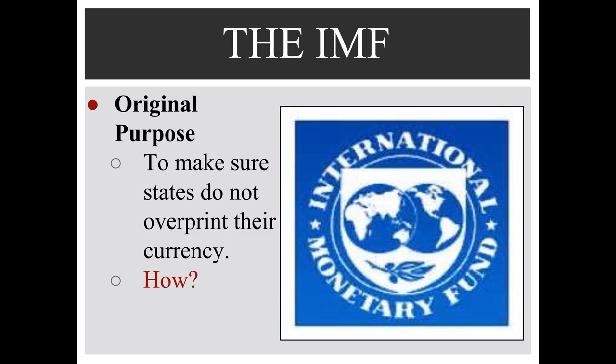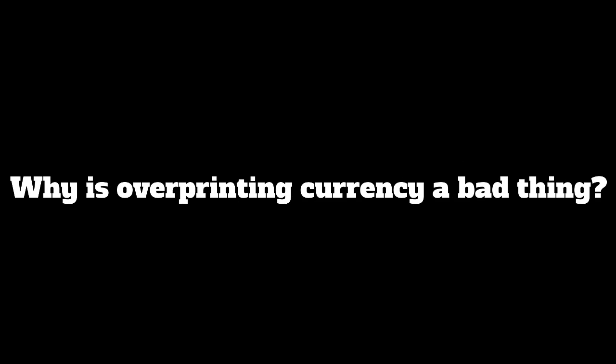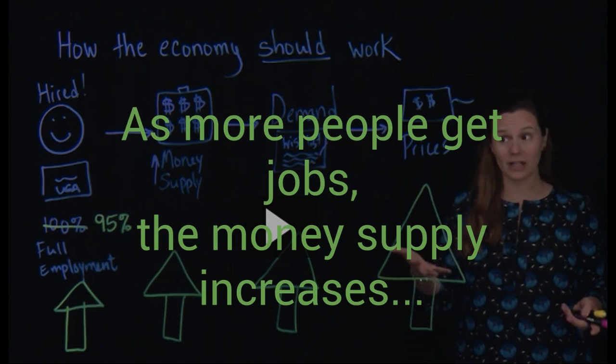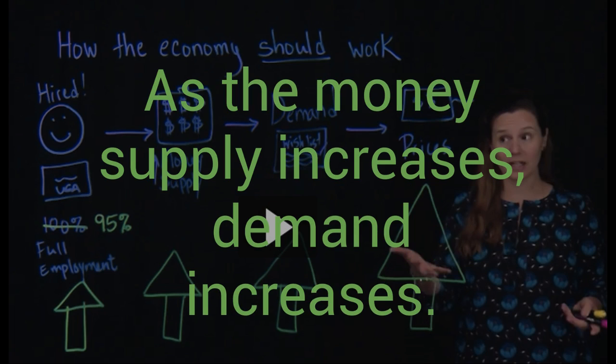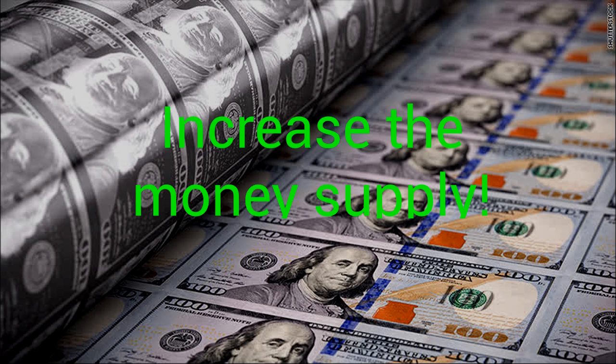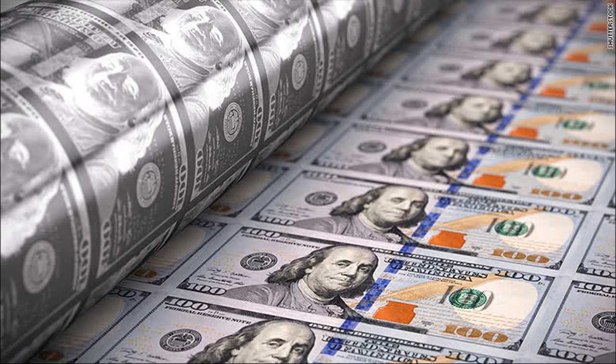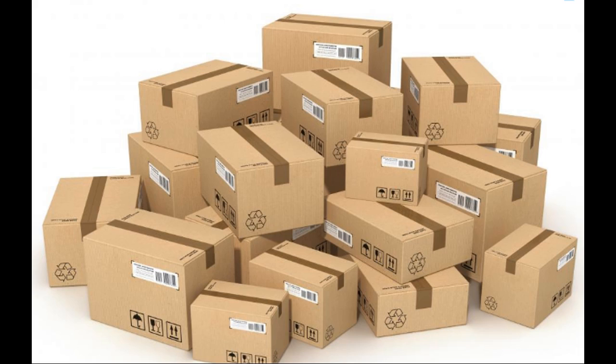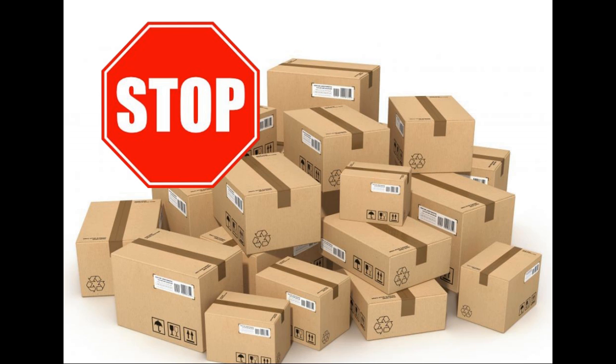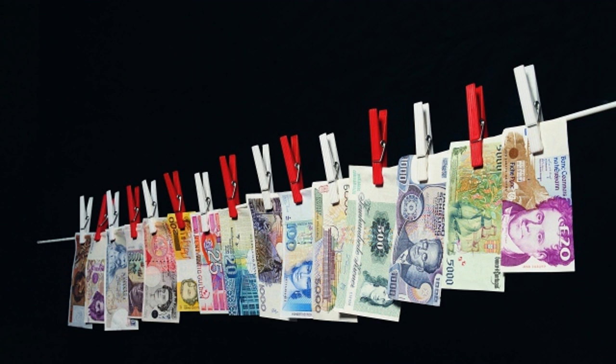The IMF. The plan with the IMF and the original purpose of it was to monitor states to make sure they were not overprinting their currency. In essence, if you continue to overprint and then flood other people's markets with exports, you are hurting not only yourself in the long run, but you're hurting your neighbors. And so they wanted to talk about ways in which they can coordinate the currency values